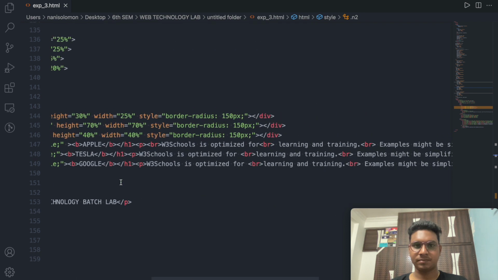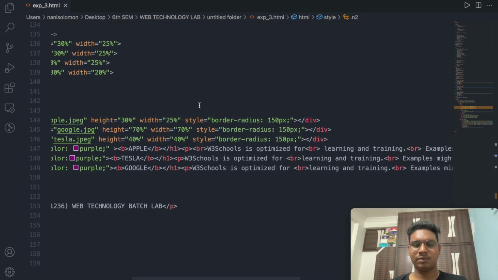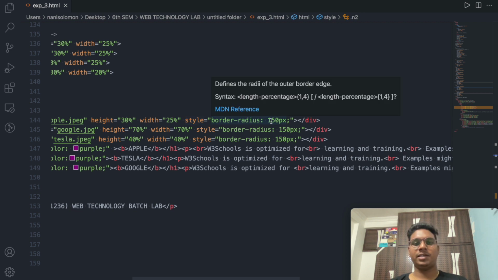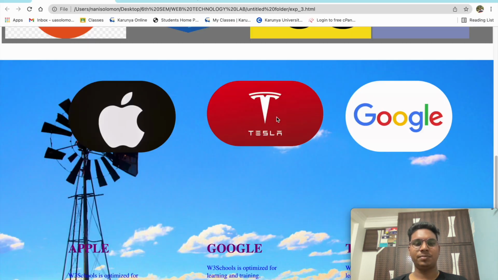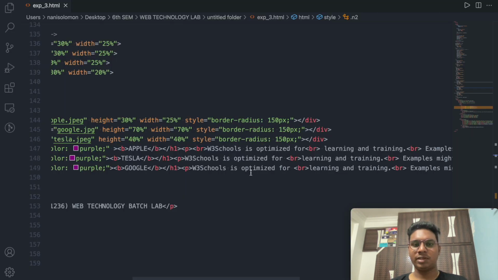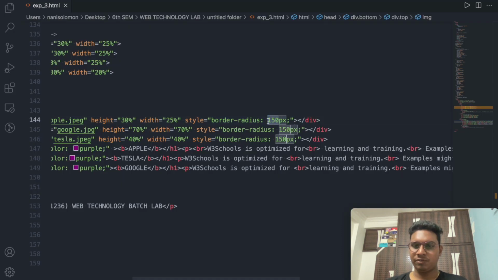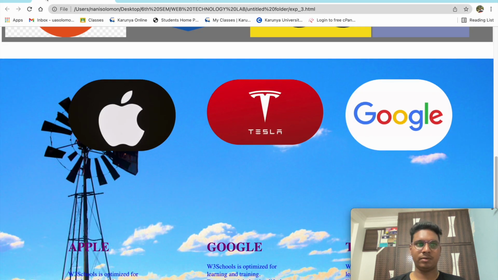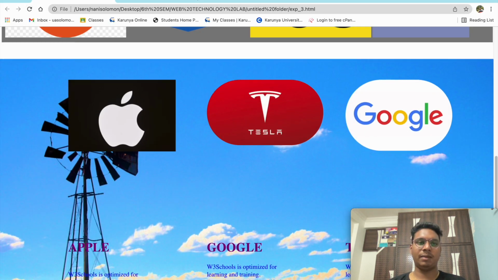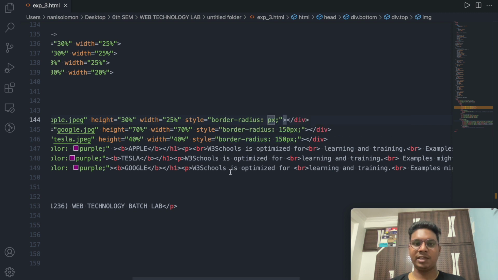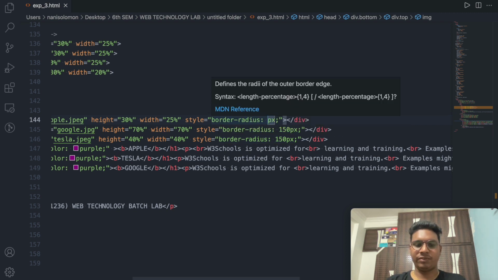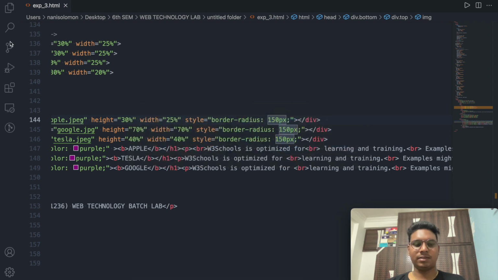Okay, yeah. This is one of the important concepts. Style border radius is equal to 150 pixel. This is the thing which makes your image become a circle. Almost this is a circle. If I don't give this, my image will be in a box shape. Let me show you. If I remove this, save, refresh, you can see my image is in box shape. When I give border radius as 150, my image will change